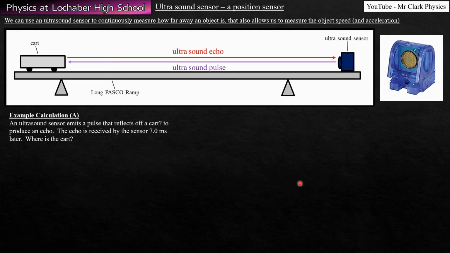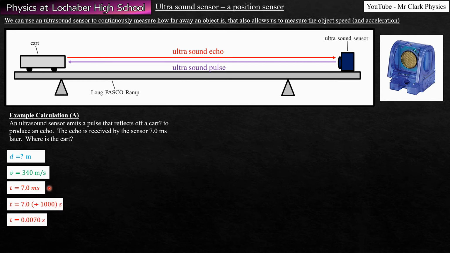Here, what we're going to say is that our ultrasound sensor is giving out a pulse that reflects off a cart and it produces an echo. The echo is received 7.0 milliseconds later, and we have to figure out where the cart is. Now, as I said before, the software normally does this for us, but it helps us to understand what's going on. So I want the distance, I know the speed of sound, and I know the time that it's going to take. What I want to do is use the equation distance equals speed times time, but first I'm going